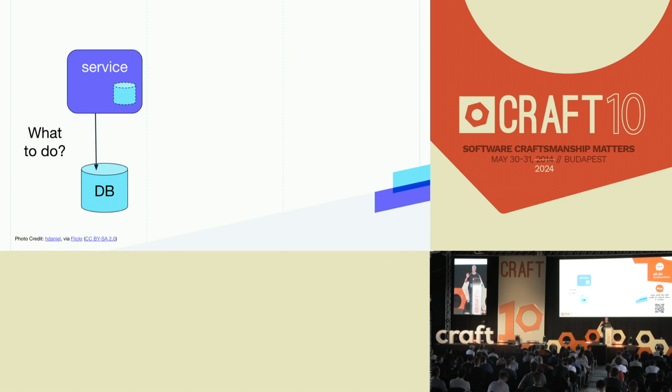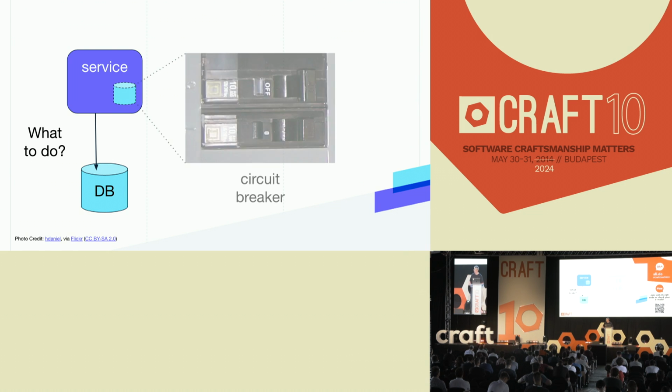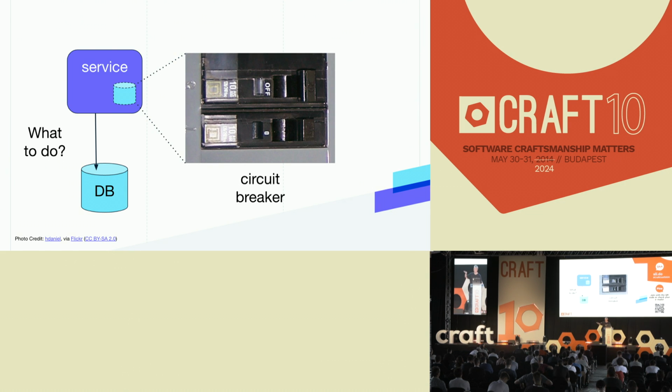I think a very familiar example of this is a circuit breaker. How many people are familiar with the circuit breaker pattern? So a number of folks, but not everybody. So I'll explain how this works. It is like a circuit breaker in the electric system of your house. As errors are coming back from the database, if you get enough errors, the circuit breaker trips. It says, wait a minute, too much stuff going on. Just like the circuit breaker in your house, if you have a massive surge of current, it will turn it off so you don't start a fire in your house, for example.